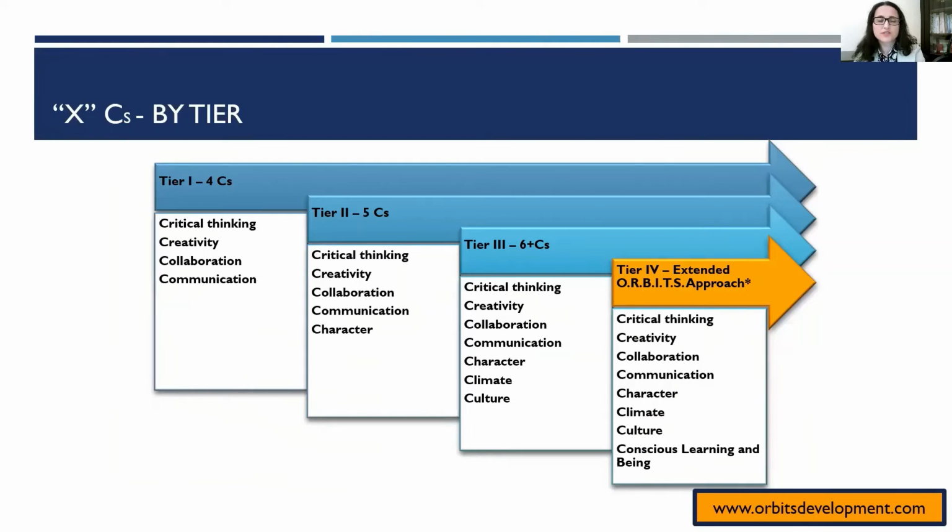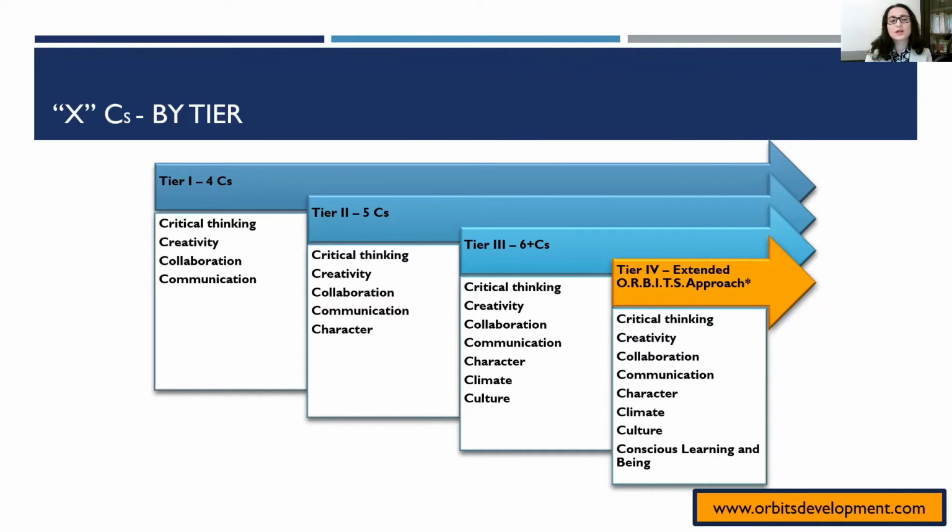So more about the 4 C's here, and I'm calling it XC's because it depends whether it's tier 1, tier 2, and tier 3. I think as we move along more deeply into our 21st century, every day we are experiencing and exploring actually a new type of skill. So if we consider first the tier 1, the 4 C's is obligatory actually for all our learners. If you are still setting STEM in your school, we have to really work on these 4 C's, which is critical thinking, creativity, collaboration, and communication.